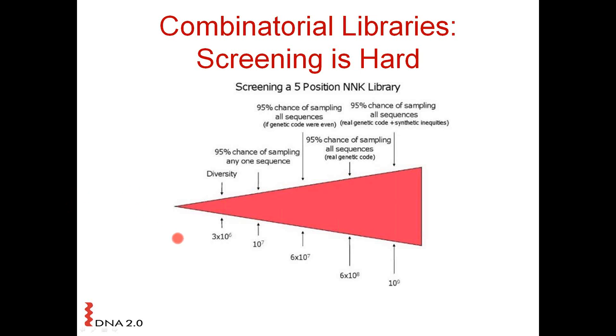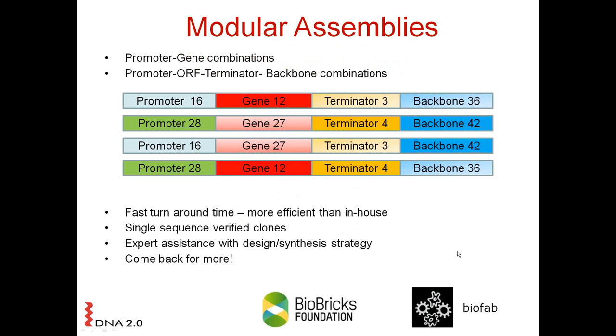So here the situation is a library that has a specified diversity of 3 times 10 to the 6th. So a diversity that's not small, but certainly not outrageously large. And the point that this is making is that to meaningfully screen most of the diversity that's going to be present in the library, you're actually going to have to look at something on the order of, excuse me,